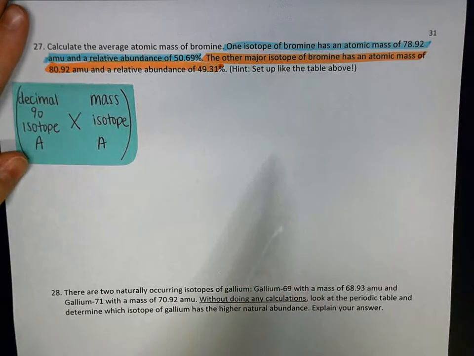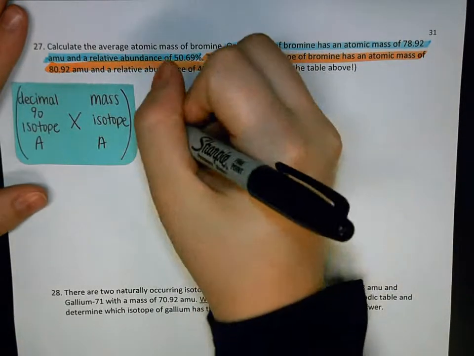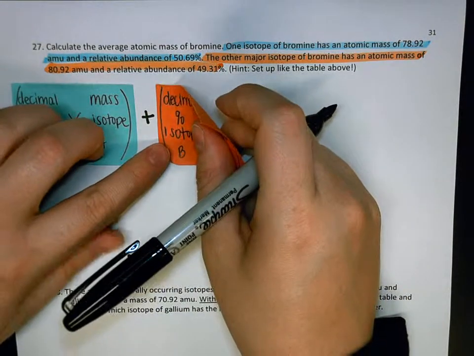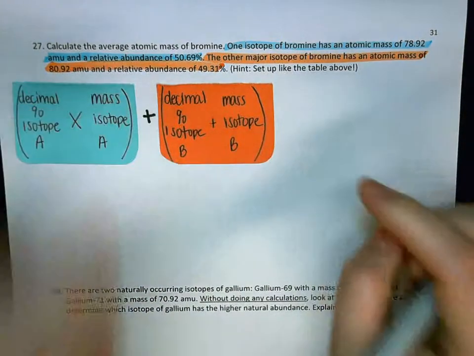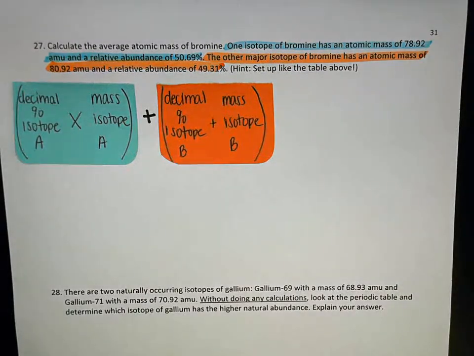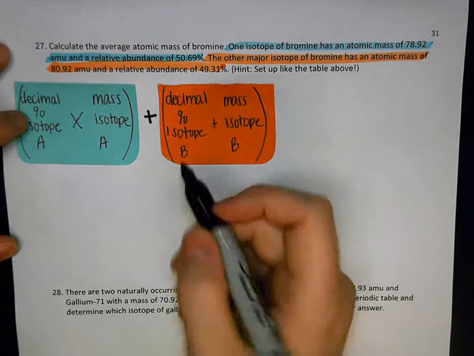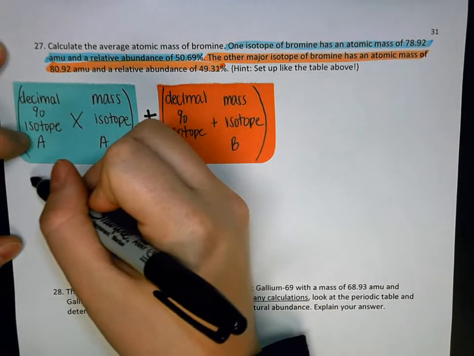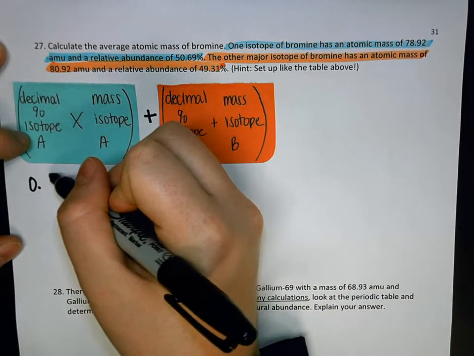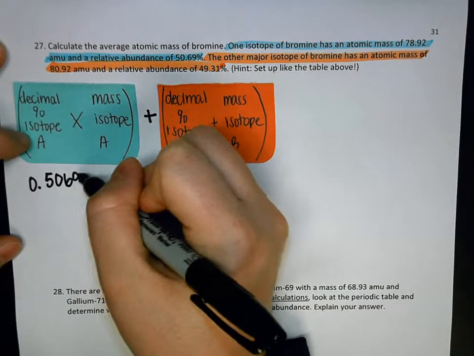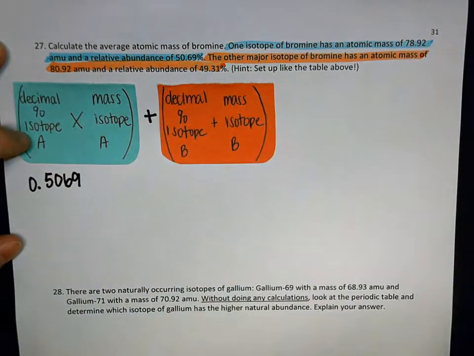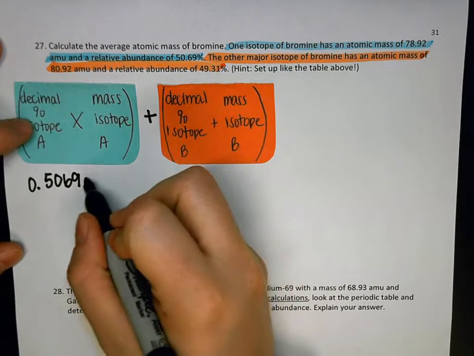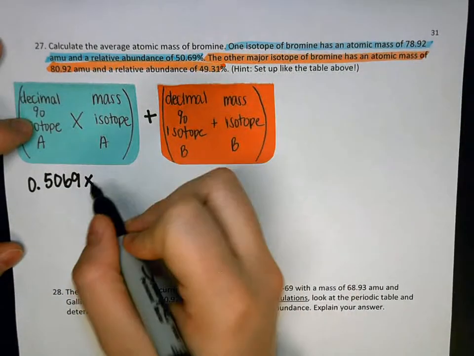In this case, there's only 2 isotopes. So I'm going to do it for isotope A, and then I want to add that to the same calculation, but this time for isotope B. So the decimal percent of isotope A is 50.69%. If I write this as a decimal, I'm just going to divide by 100, which is the same thing as just moving my decimal over twice. So that gives me 0.5069 times the mass, which is